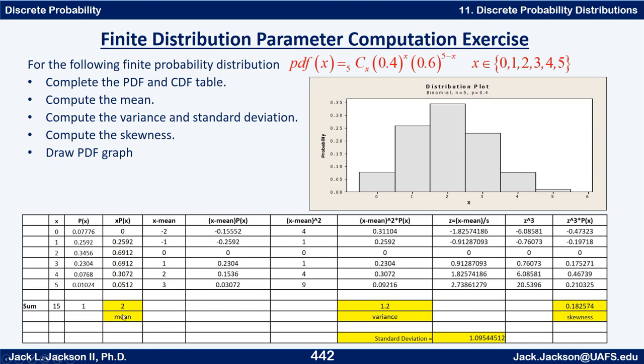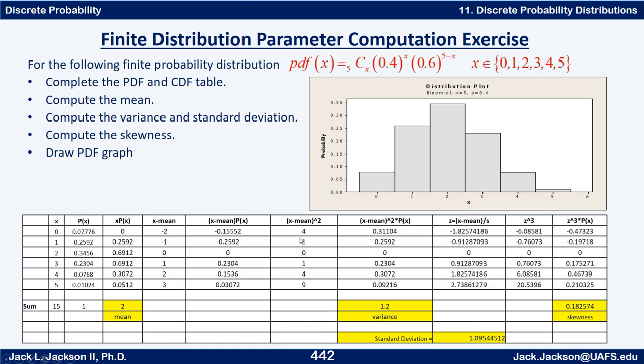So you take the x's minus the mean. Those are nice integers. This one is not important, but we take these x's, x minus the means, and square them, which gives you these. Those are pretty easy to do in your head there. Take these values times the probabilities, so the